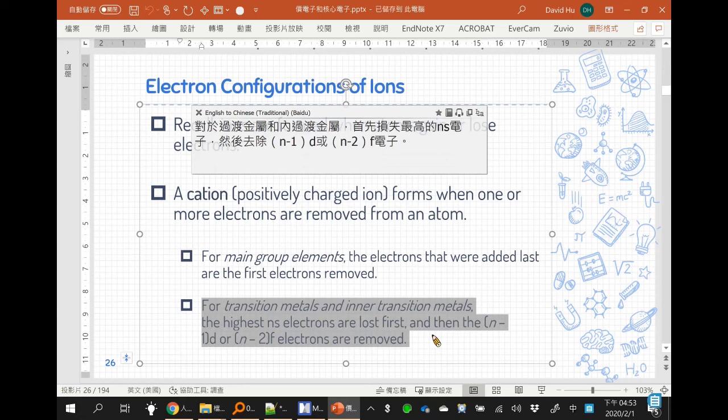For transition metals and inner transition metals, the ns electrons are lost first, and then the (n-1)d or (n-2)f electrons are removed. 对过渡金属或内过渡金属，首先损失最高的 ns 电子，然后去除 n-1 d 或 n-2 f 电子。